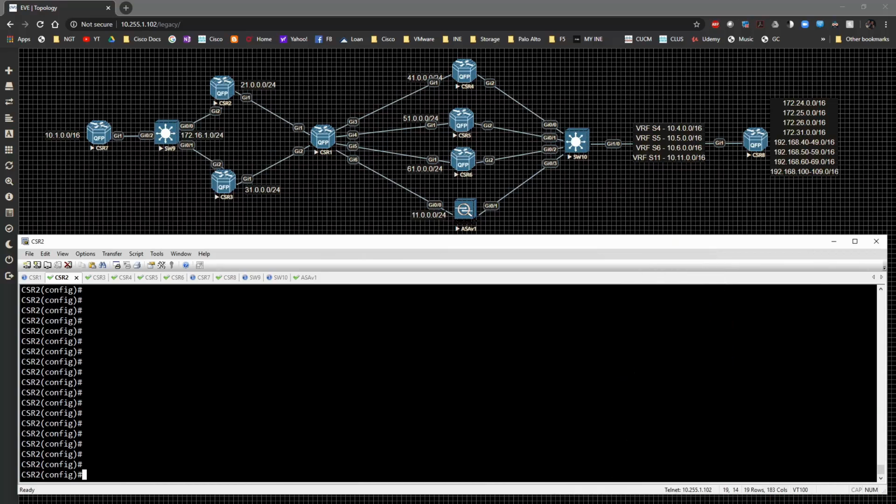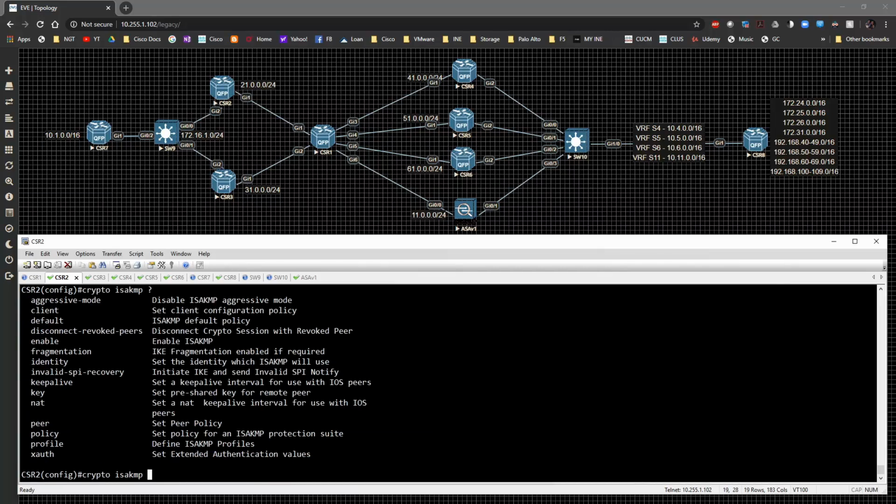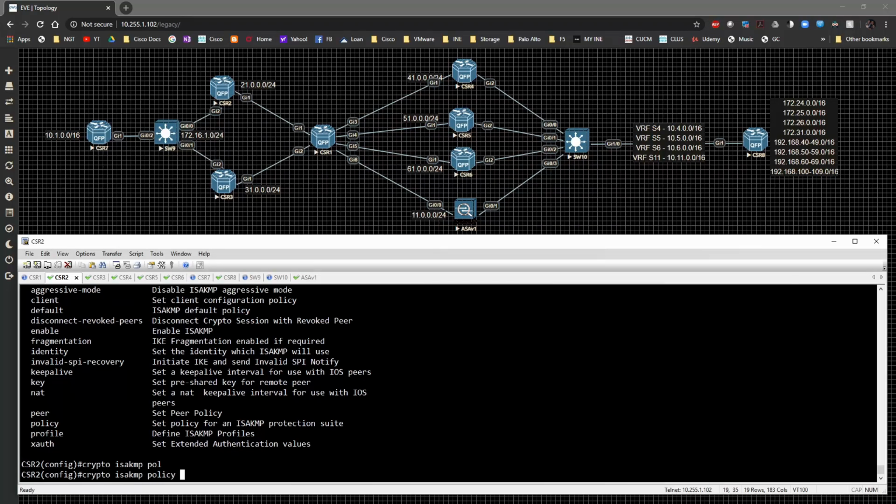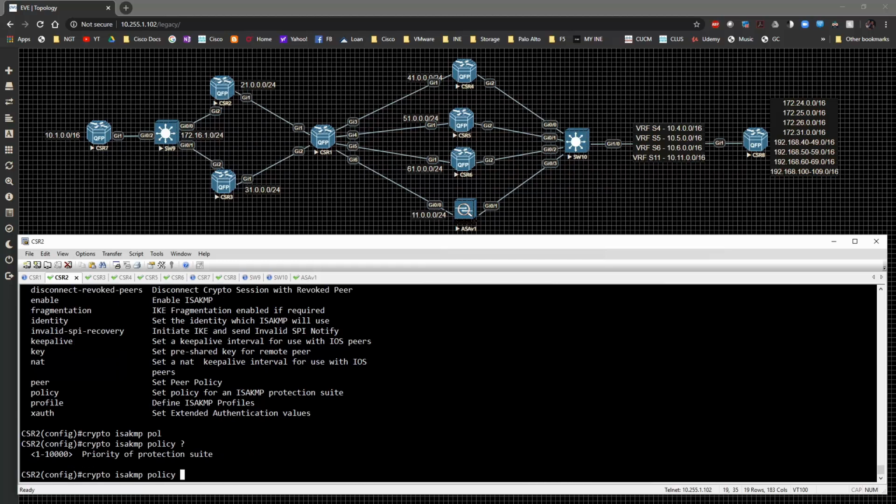So the way that we're going to start this off is I'm actually going to come in here and do a debug. Actually, before I do that, I'm going to do a crypto ISAKMP. And there are a number of configuration options available to us. We're going to be doing just the basic one here, which is going to be the policy, and then we're going to give it a sequence number. The higher the number, the more preferred it is, so we're just going to start out with 10